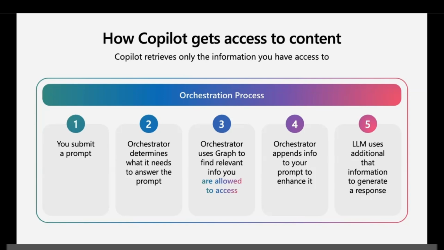So let's talk about the process. The orchestration process has 5 steps. First, you submit a prompt. Okay, so let's assume that this prompt is, hey, I need to get a summary of a meeting that I missed. The first thing that's going to happen is the orchestrator is going to determine what it needs to answer that prompt. It's going to say, hey, I probably need to look at this meeting that you have asked for and go see if I've got some transcription on it or if there's some documents that were shared or something similar. It's then going to use the Graph API to find that relevant information that you are allowed to